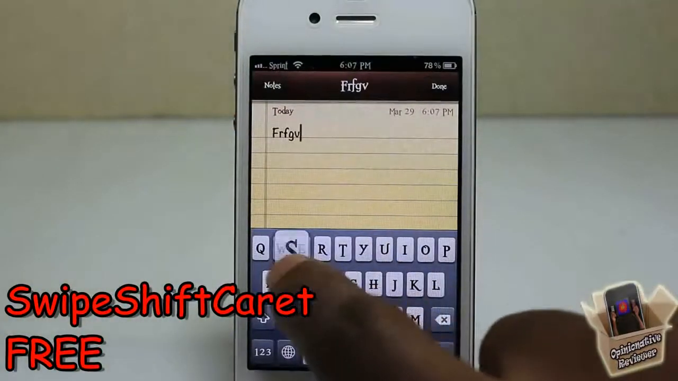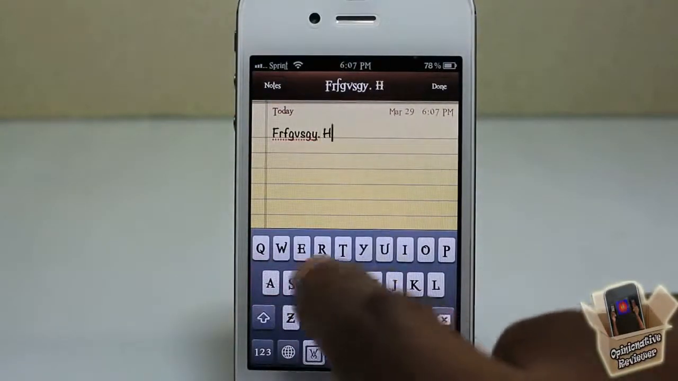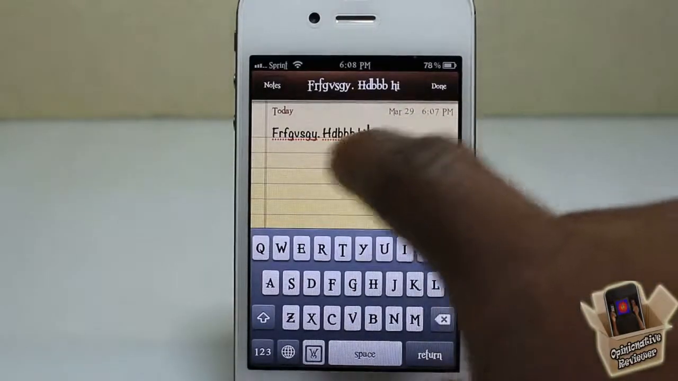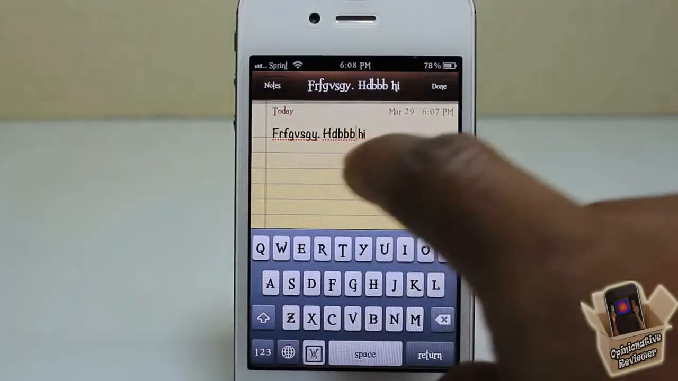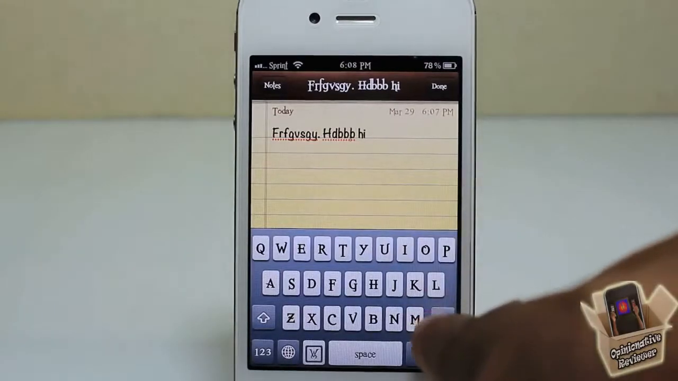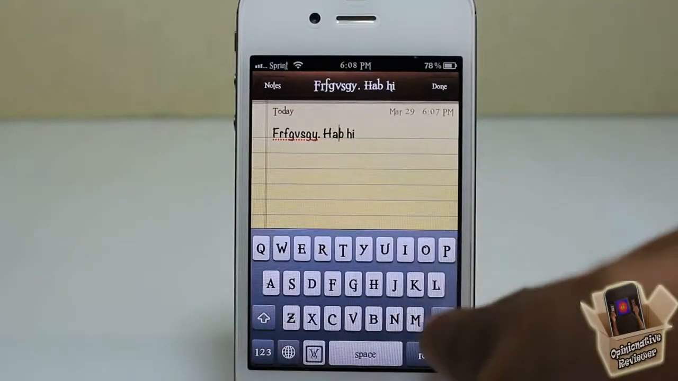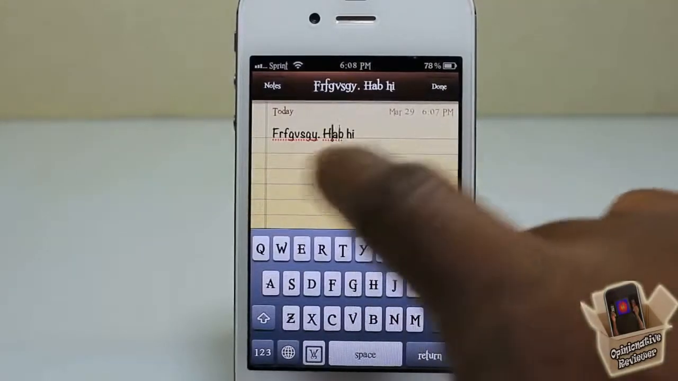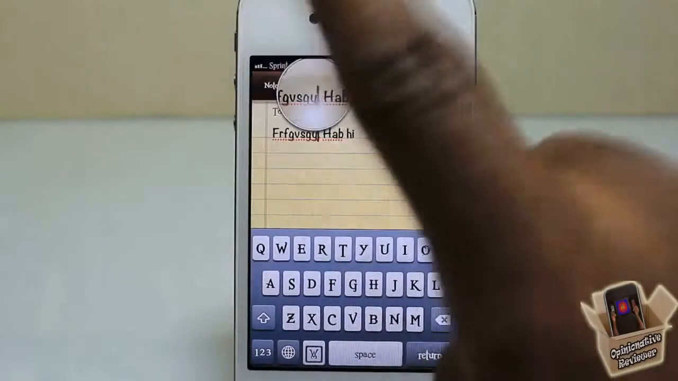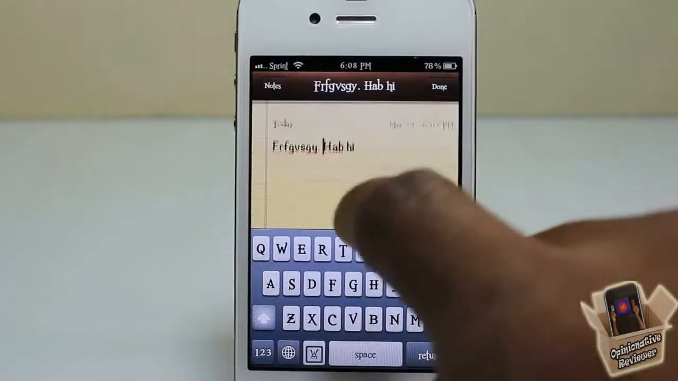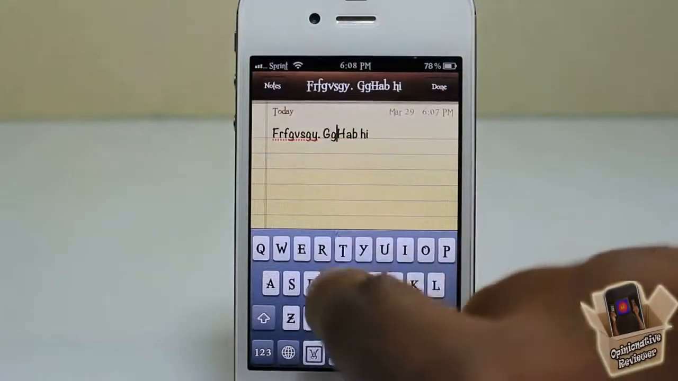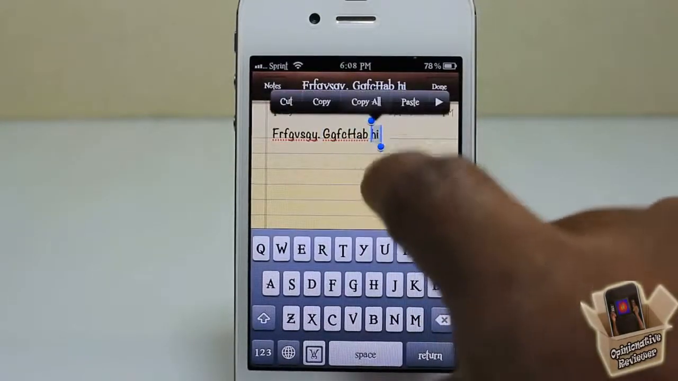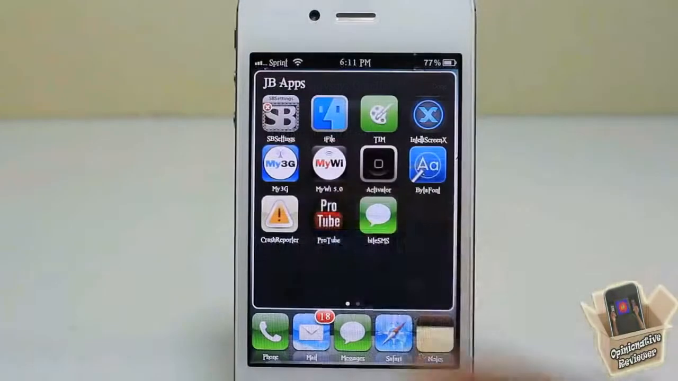This one is called Swipe Shift Caret, and it's free, and it's another super simple, super awesome tweak. All this one allows you to do, instead of touching and holding for that stupid magnifying glass to just move one spot to the right or one spot to the left, or even 2 or 3 spots, you can just go ahead and swipe on the screen, and the little cursor is gonna move, and then you could go ahead and type whatever you want. It makes typing so much easier than having to keep on touching and holding for that damn annoying magnifying glass. The next one is called